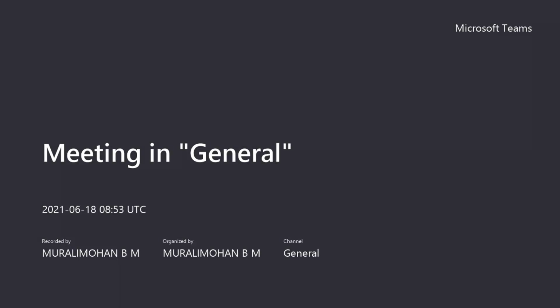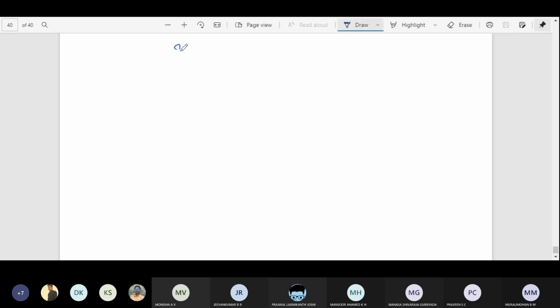It is servlets. Okay. Servlets. So before going into the servlets, first we'll see some basics behind this, and first we'll understand what is